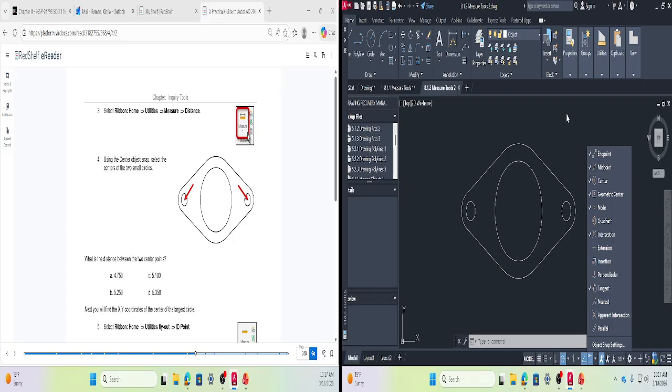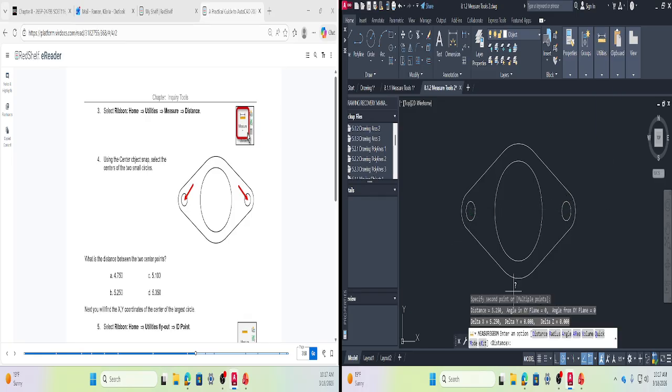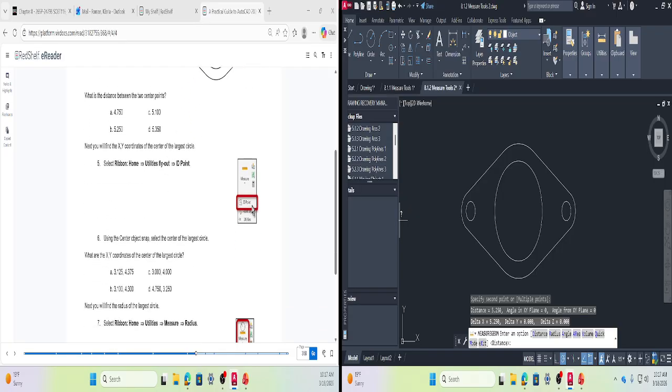So you want to make sure the center is chosen here, and then you want to go to the distance. You want to see what the distance between those two centers is. What is this distance I found? 5.25. So 5.25 is my option B. See if you get option B. All right. So then the next job it's asking you to do is